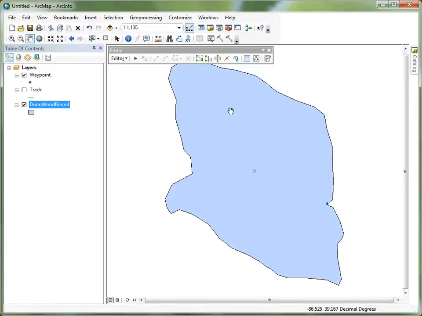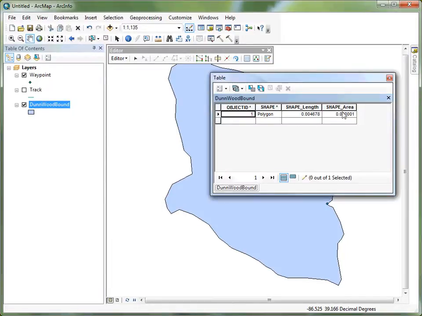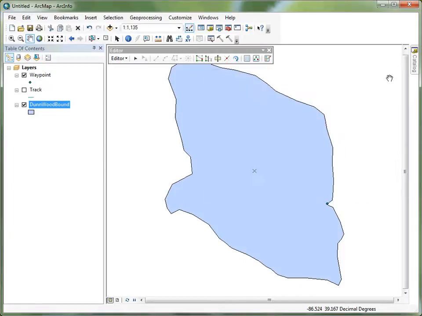Now that I've got a polygon here, if I want to calculate the area of this polygon, let's right click here quickly and look at the attribute table, and see that the shape area is actually generated from these decimal degrees coordinates, which isn't very useful for us. So for calculating the area of this data set, what you would want to do is use the project tool and project this into UTM, and then once you've got a UTM version of this Done Wood Bound data set, there's a tool in Arc Toolbox,